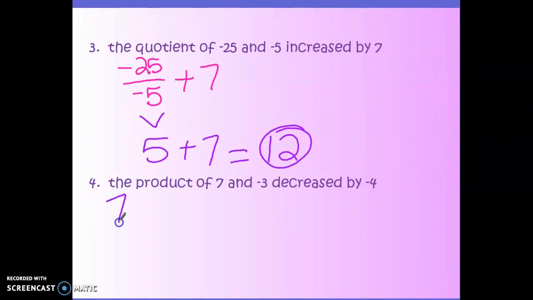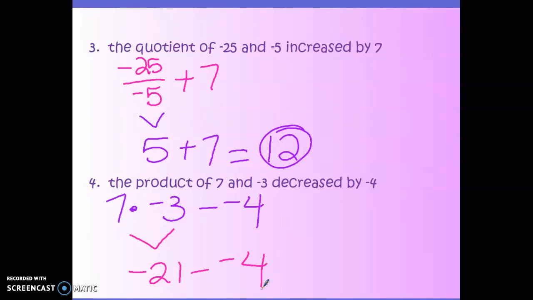Okay, and our last one, the product of 7 and -3 decreased by -4. Product is still multiply, so 7 times -3 minus -4. Okay, then we're going to solve. 7 times -3 is -21, decreased by 4. Don't forget, we have to change it to adding the opposite. So now I have -21 plus a +4, which is